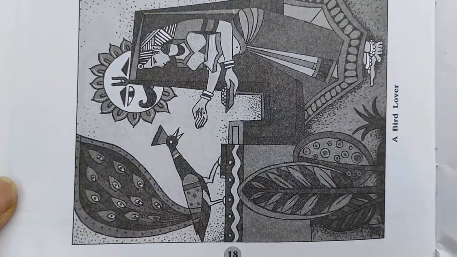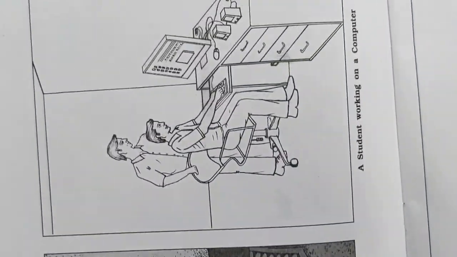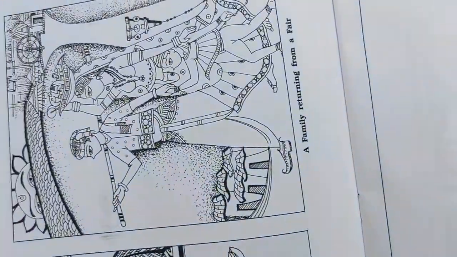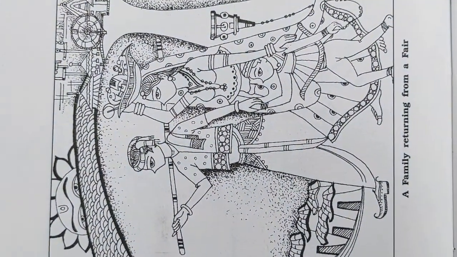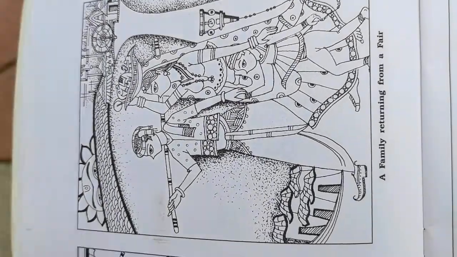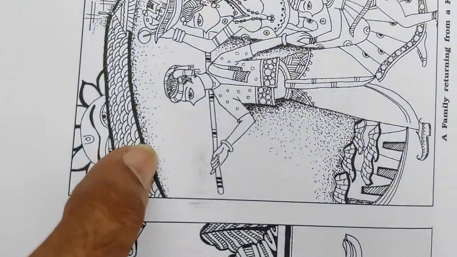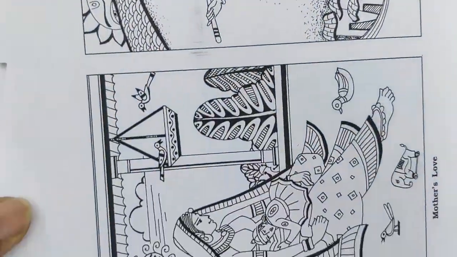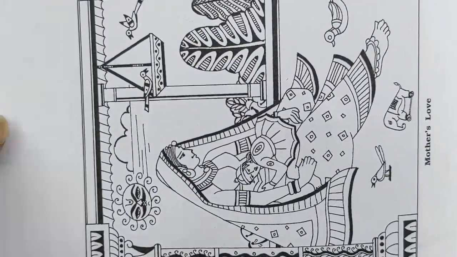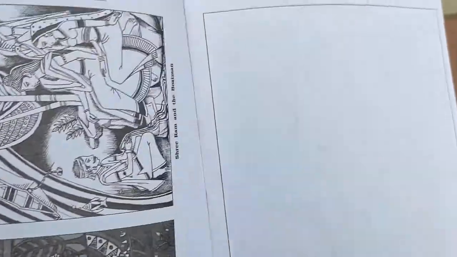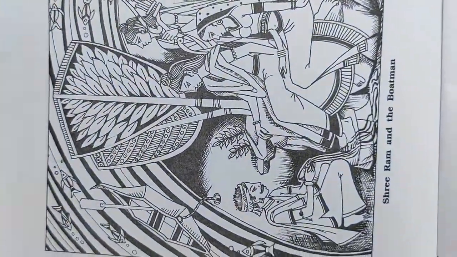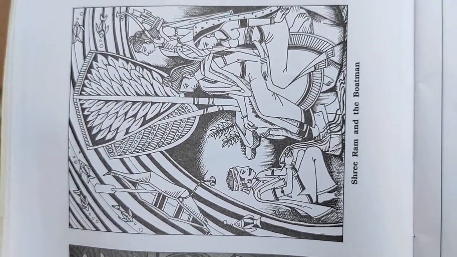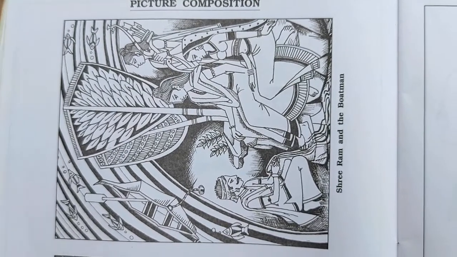Here also you can see, in this picture composition it is realistic type, so no use of texture is done. While here in this you can see a lot of use of the texture. You can see here also, right, to indicate the river, this type of thing is done. Here also you can see the usage of texture. Here a lot of use of texture and creative decorative way of arrangement of picture composition is seen in this picture.